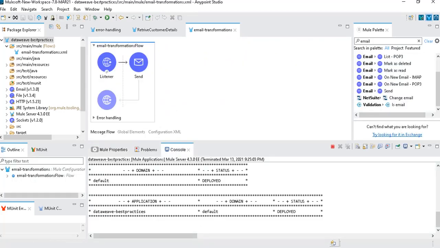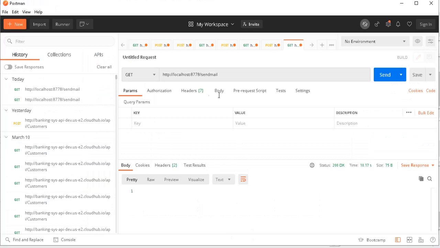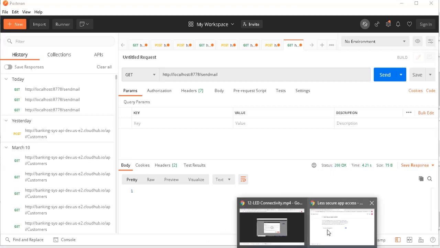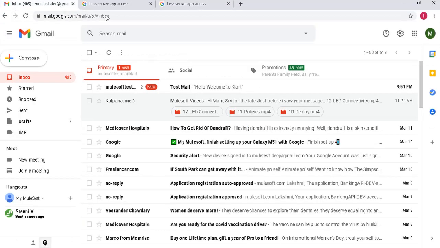As this is already deployed, I am going to test this application. Localhost 8778 send mail, this is the one which I have configured for my HTTP listener. So I'm just sending this. It will take some time and it will send the email to your Gmail account. Yeah, status is okay, right? Now let's go back to our Gmail and check.